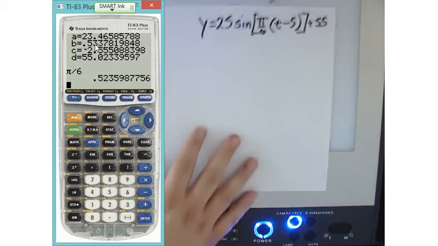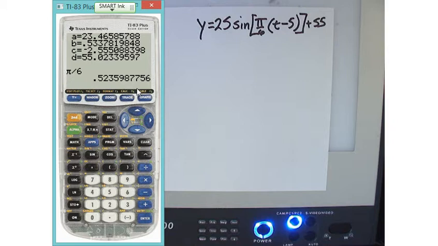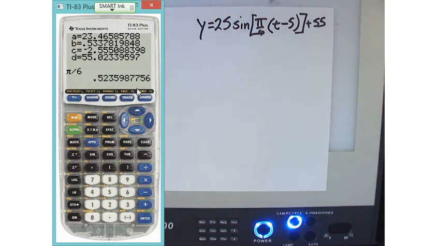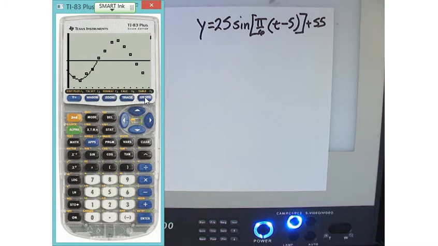What about the c term? c's off a little bit. We said 5. They said 2. The vertical shift we said was 55. They said 55.02. So, not bad. Not bad at all. But this is the answer in the book. So let's see what it looks like. Now if I hit graph,